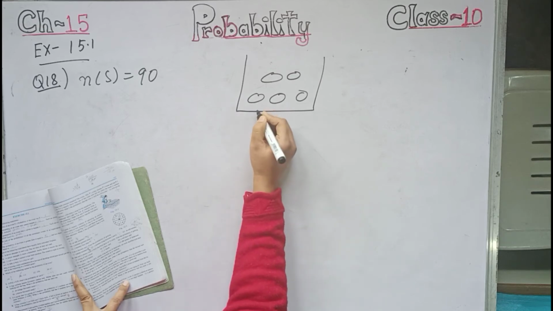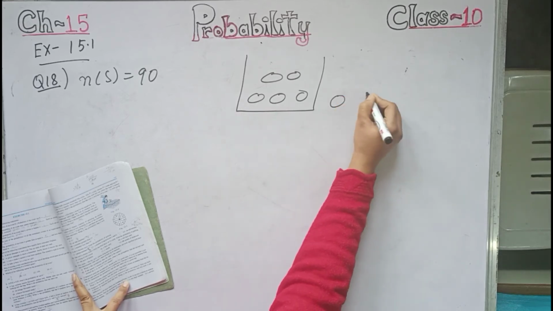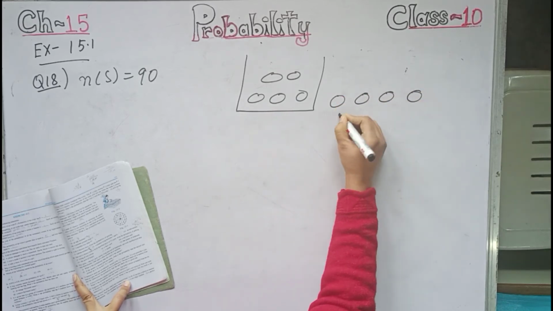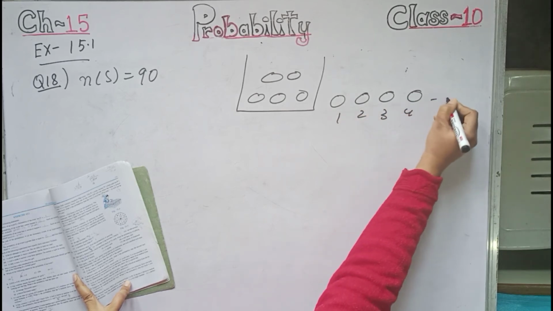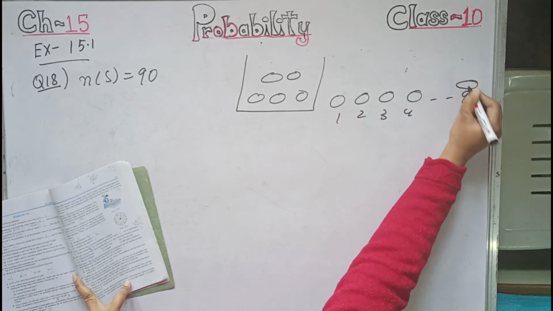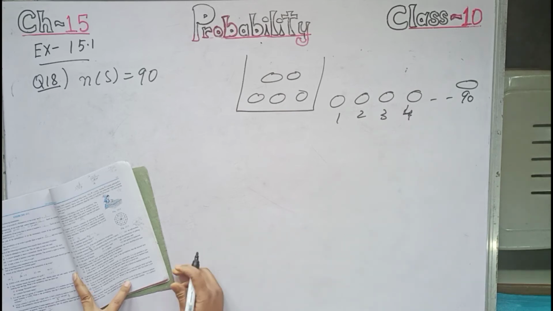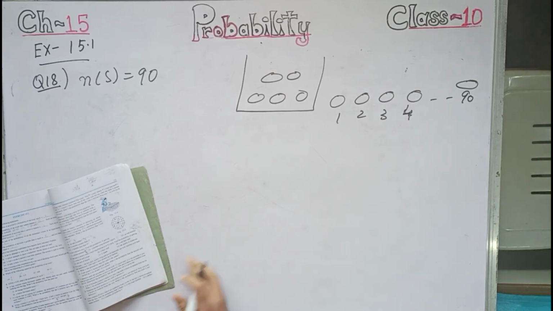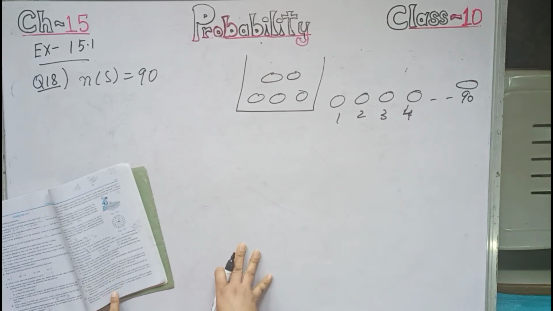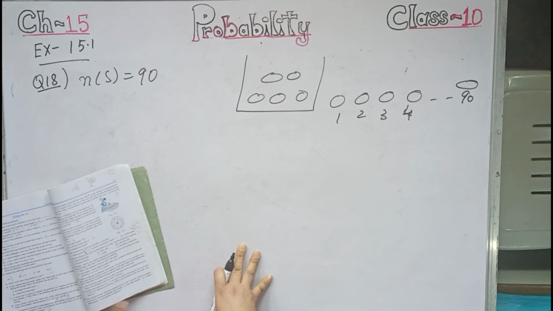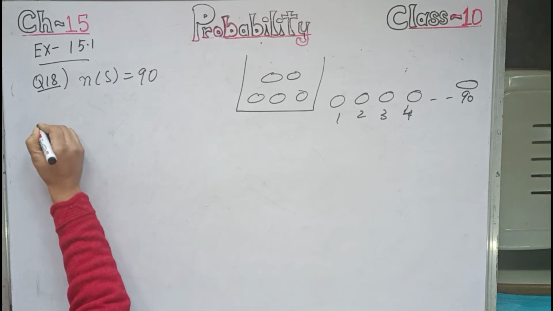The discs are numbered from 1, 2, 3, 4 up to 90. If one disc is drawn at random from the box, find the probability that it bears a 2-digit number. So let us start. Number 1,